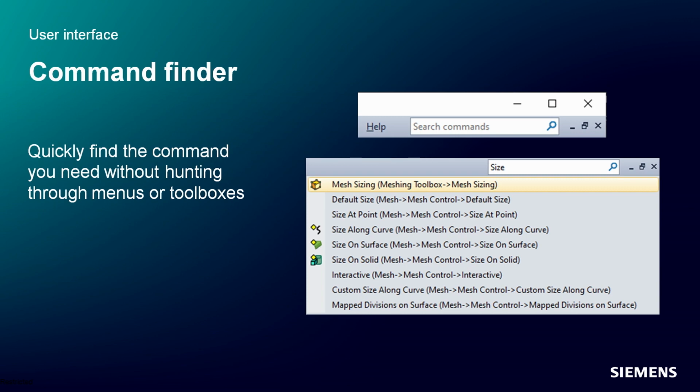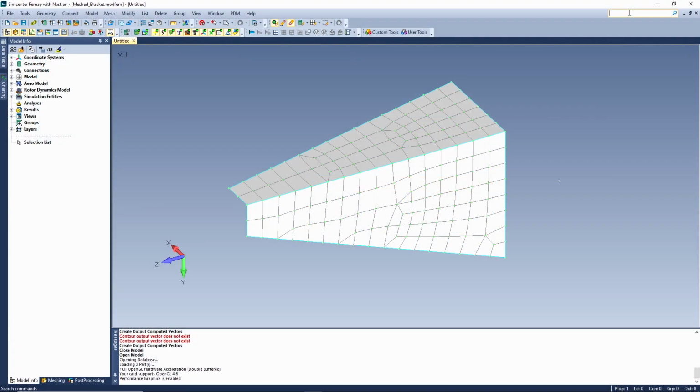Finally, to assist newer users locate functionality within FEMAP, a command finder, similar to ones found in other products, was made available in 2301, then augmented for 2306 to recognize words and phrases used by other CAE applications to guide users to equivalent FEMAP commands and tools. What we're going to talk about now is the command finder.